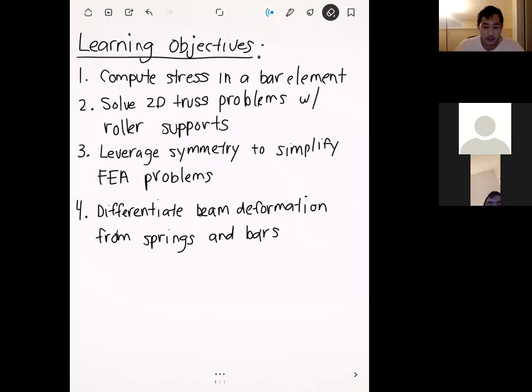The goal for this section is to build up what I think of as a library of different element types. So far we've done springs, we're in the middle of trusses, and probably starting today we'll look at beams. After that, there's one more structural element that we'll look at, which is frames, okay? Using those, you'll be able to formulate these direct stiffness finite element problems, where you basically have slender structural elements that you can use to simulate any kind of